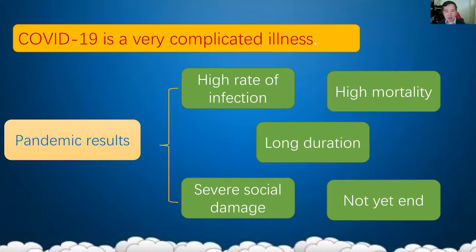COVID-19, we call it a pandemic. The reason is that it has a high rate of infection, and also high mortality, etc. But still it's going on. And although we have a high efficiency of vaccination, we still need to fight this pandemic in the long run. How long, we don't know. Therefore, with the help of modern medicine and with the help from different governments, we are confident that we will win this battle.